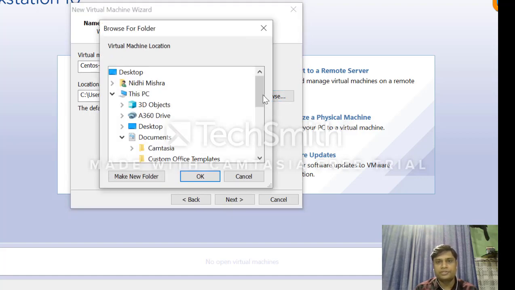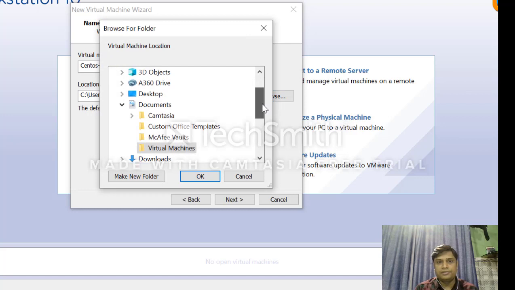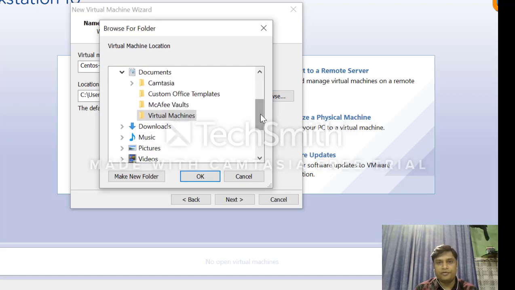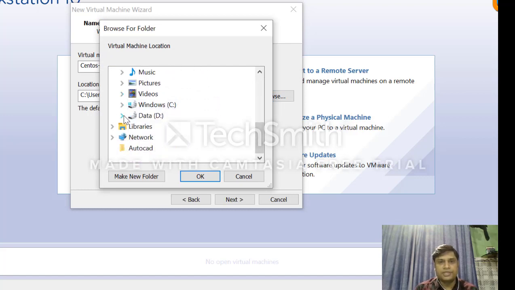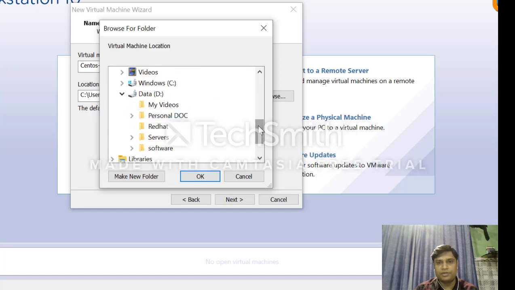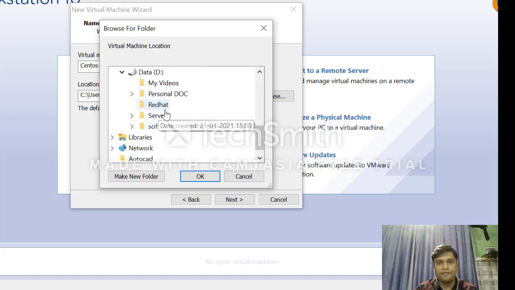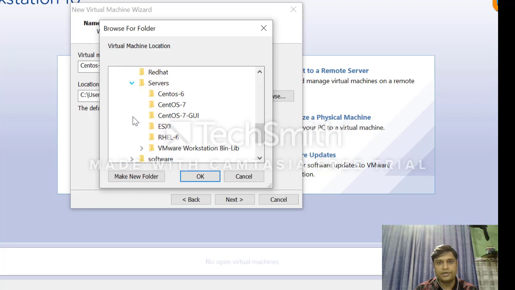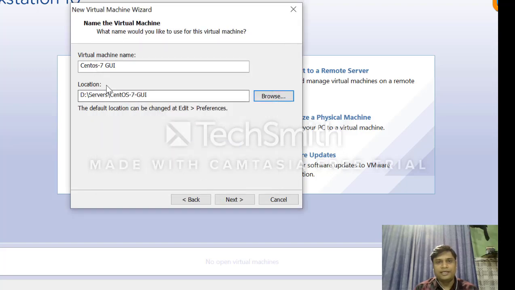So we will browse and provide the path where I want to install the CentOS image. I want to install in D drive, where I have created a folder with the server name. I will just select this folder, CentOS 7 GUI, and click OK. It will change the location to D drive.